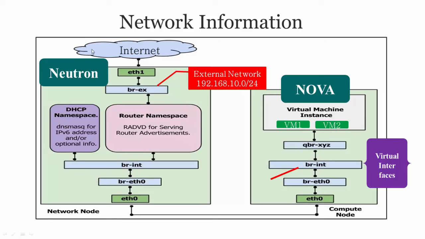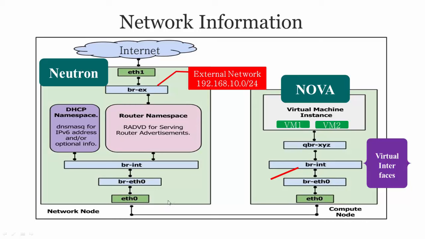So each Neutron will have, by default, a router namespace and DHCP namespaces, using these namespaces connected to the BRINT. BRINT means the bridge integration. And this bridge integration connects to BRETH0. BRETH0 means it's a virtual interface to connect to the tunneling physical interface. So this one,